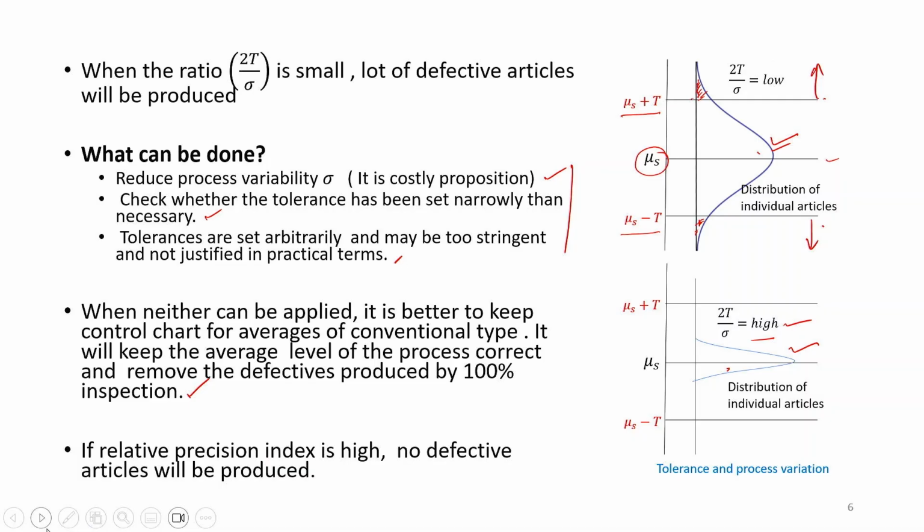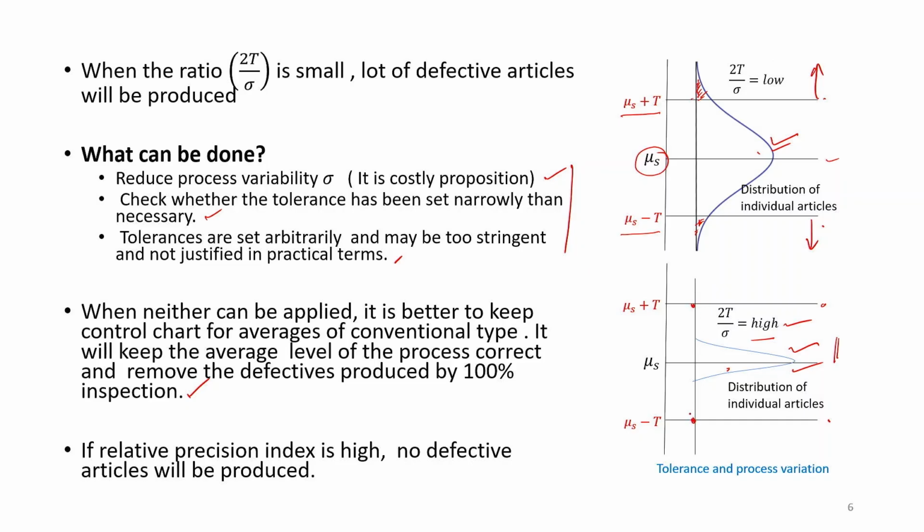If relative precision index is high, no defective items will be produced. So in this case, you see the spread is very, very narrow, and the tolerance limits are here and here, which is far away from the mean of the distribution of the parameters of that particular article that we see. It is quite narrow here. Therefore, in this kind of situation, there is no chance that defective articles would be produced, because the